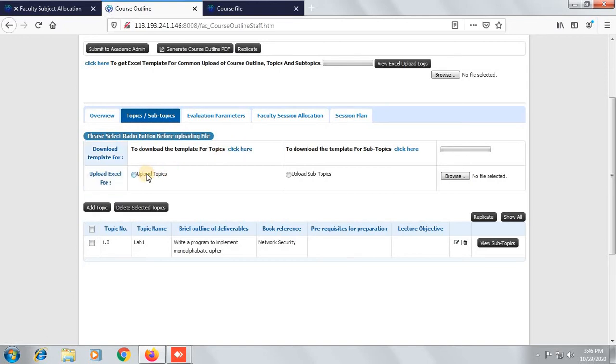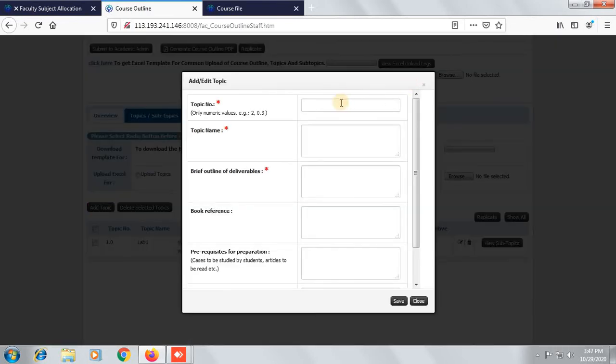The second option is, with the help of this graphical user interface, you can provide all the details. To add the topic, we click on this button, add topic, and type the topic number, say 2. Remember that the topic number is always a numeric value. It is also mentioned here, it only accepts numeric values.